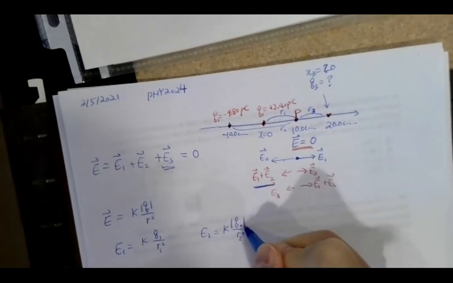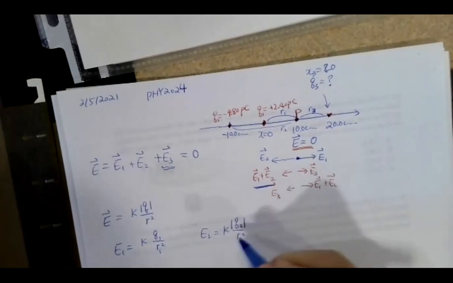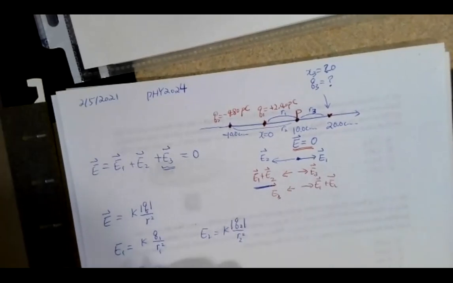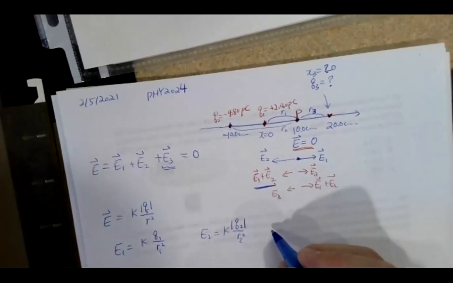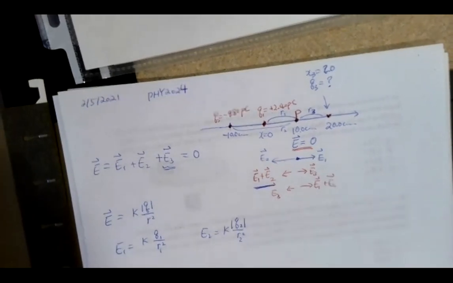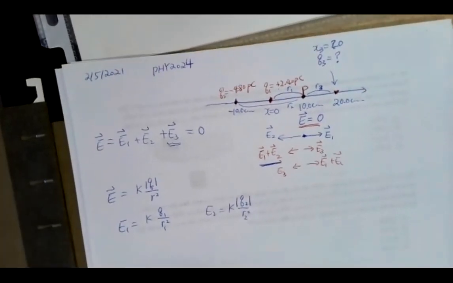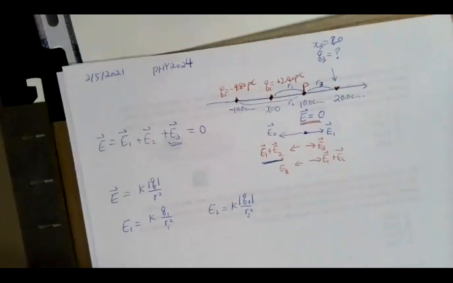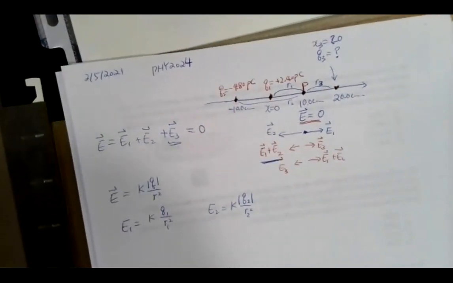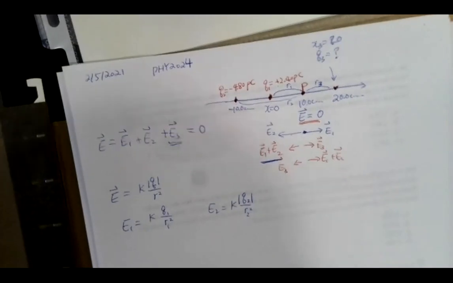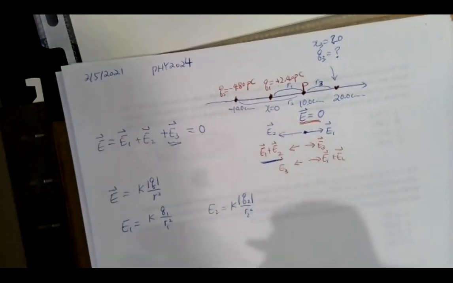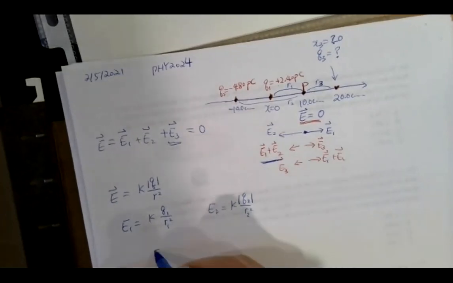You should take absolute value here for just the magnitude, so let's just focus on the magnitude first. If you want to include directions, we know that E2 will be negative, right? Because it's pointing towards the left. If we take the right to be positive, E1 should be positive, okay? So E1 plus E2 then